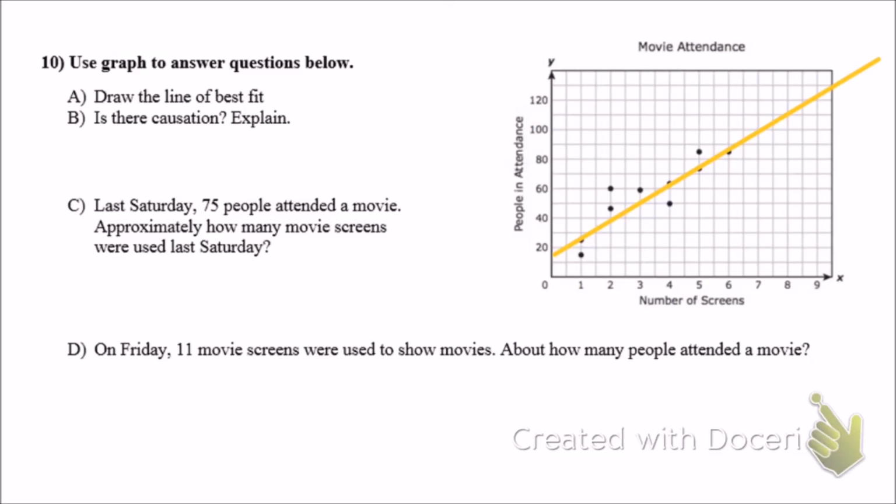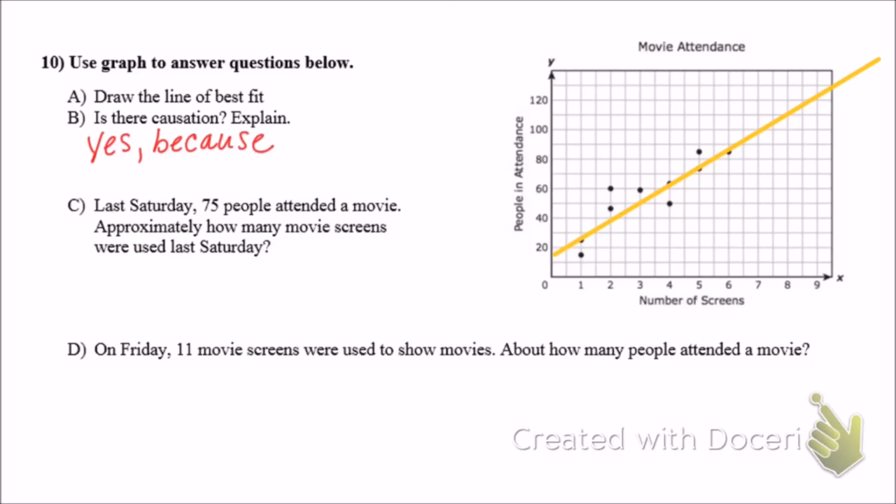So if we look at our two data sets, the number of screens and people in attendance. So we have to ask ourselves, is the increase in the number of screens causing the people in attendance to go up? So my question to you guys that are listening and watching this is, if you increase the number of screens, will that cause the people in attendance to also increase? So if you answered yes to that question, then you are correct. Is there causation? Yes. And that is because, so let me write this out,